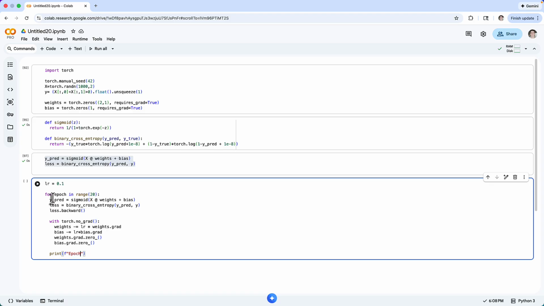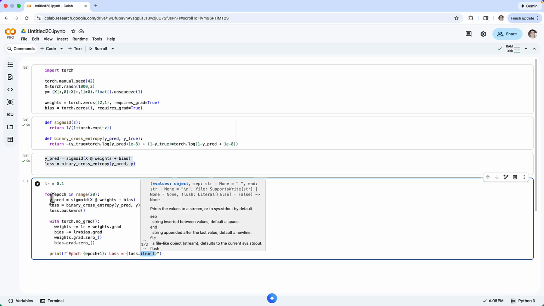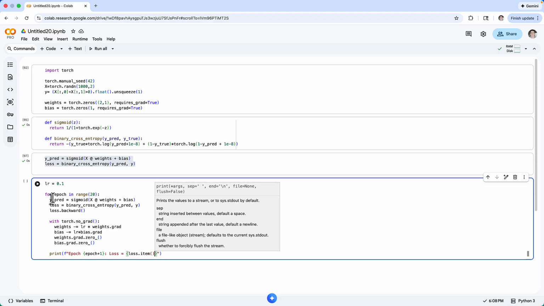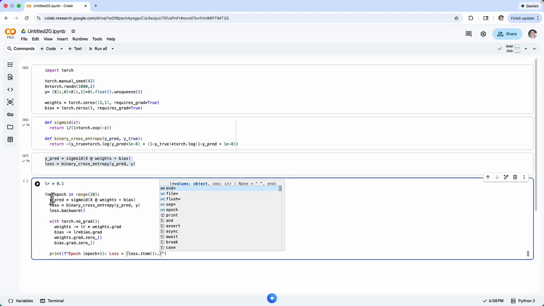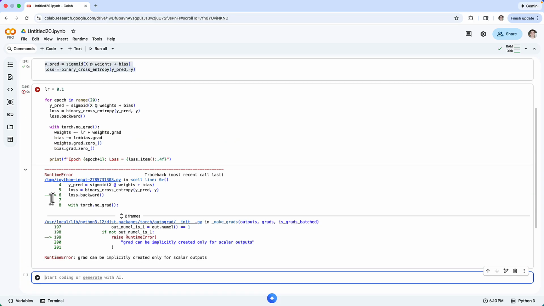Oh, epoch, and then we don't want to start at 0. Let's print this nicer and say the loss is the loss, the actual value. And this is actually something worth knowing. When I print the loss, I print a tensor, so I get all this information from Torch, which I don't want. So using the method item is actually extracting the actual value, and so this should do a good job printing. Let's run this,